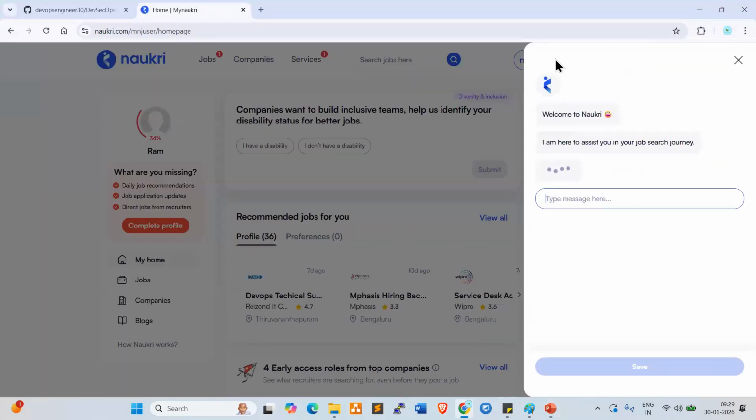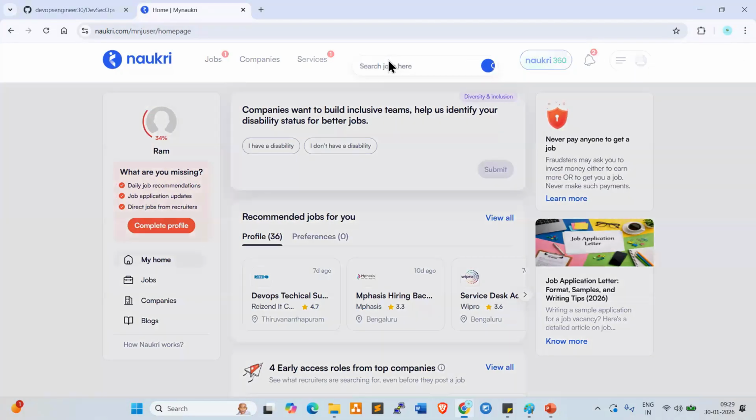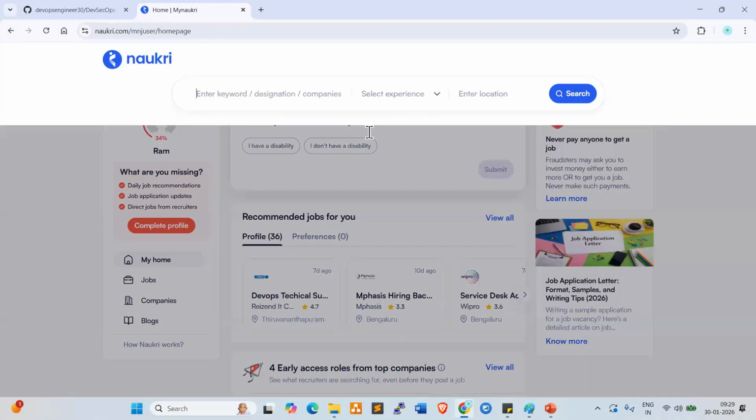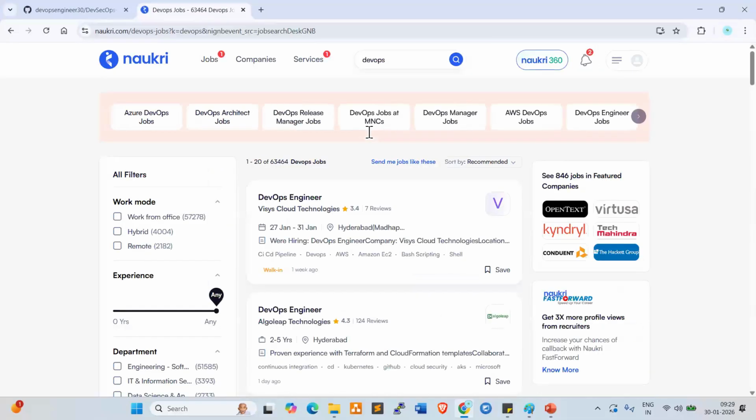Look at my screen, everyone. In Naukri, if you search for DevOps or DevSecOps, so many jobs are available. 63,464 jobs are available. These are all different categories of jobs.